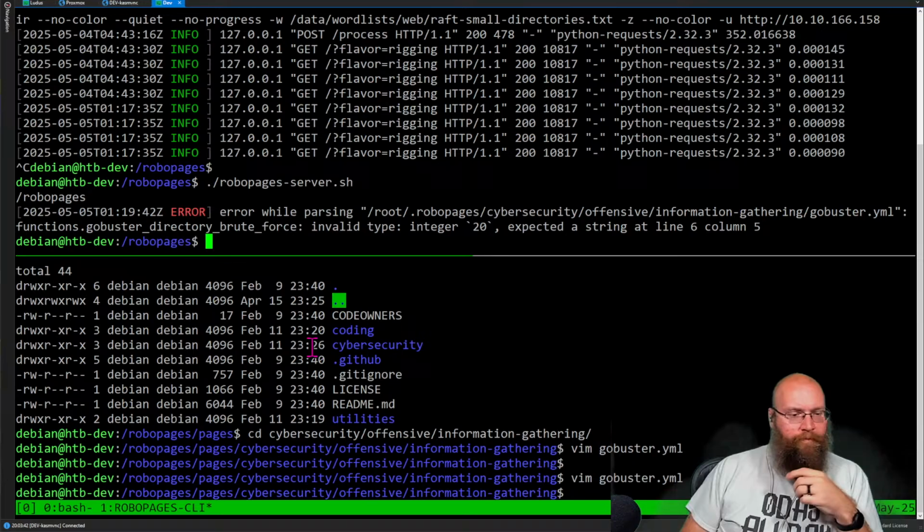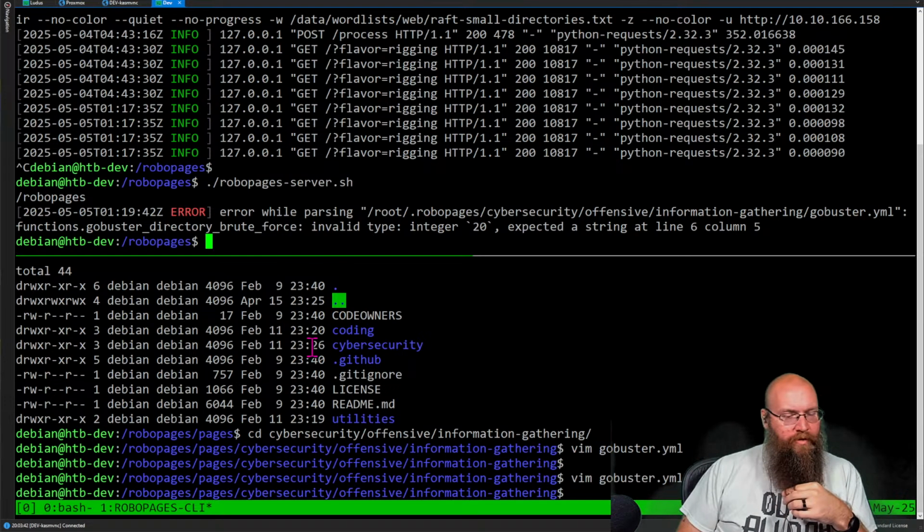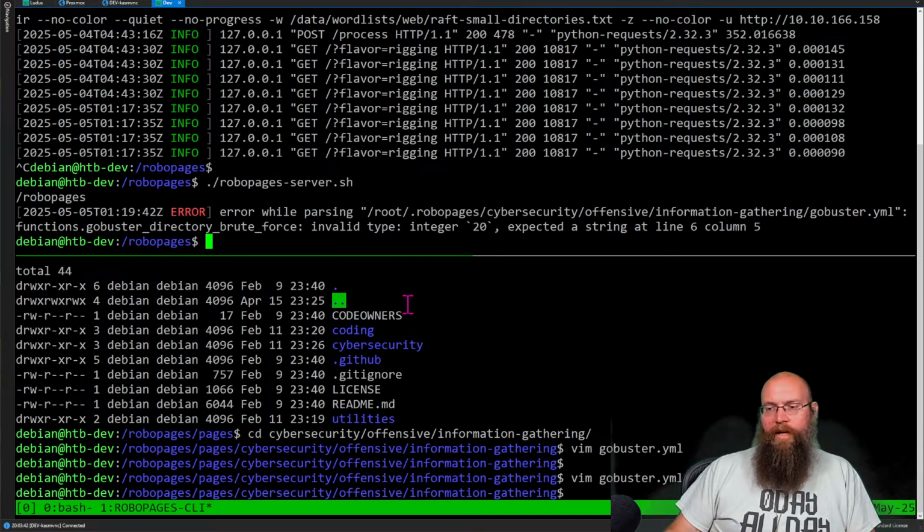Hey, Squee, what's up, man? What program are you using, or is this one you've created? So this is one that we created. Oh, it apparently didn't like the Go Buster update. This tool here,